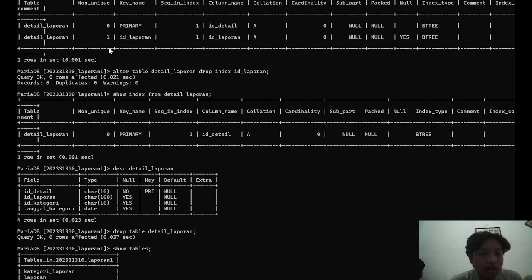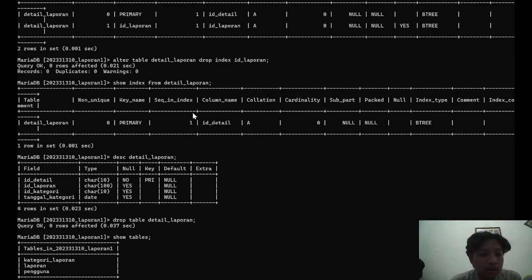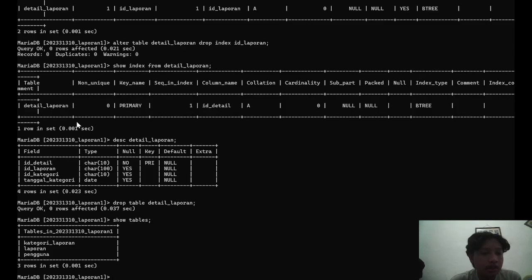So the ID laporan is already gone, and then I show the table's index, detail laporan. Then it looks like this. So in this table there is just one primary key and no foreign key. So that means this table has no relationship with other tables.